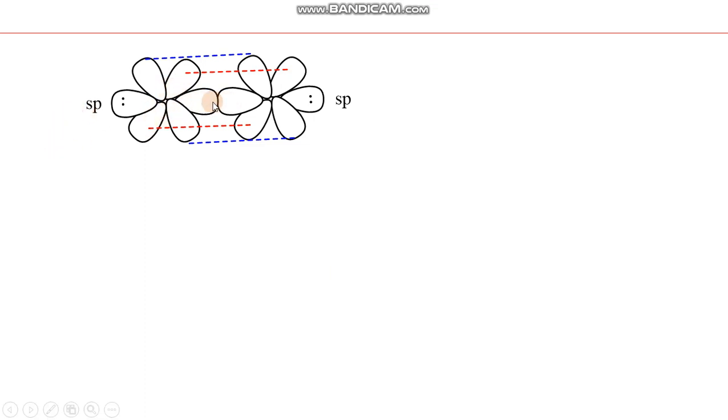This is the sigma bond between oxygen and carbon. Here two are pi bonds between carbon and oxygen, and two pairs which were located in sp hybrid orbital according to valence bond theory. So each carbon and oxygen possesses a pair of electrons in an sp hybrid orbital. Now, this pair is available for bonding and this pair is available for bonding, but we have